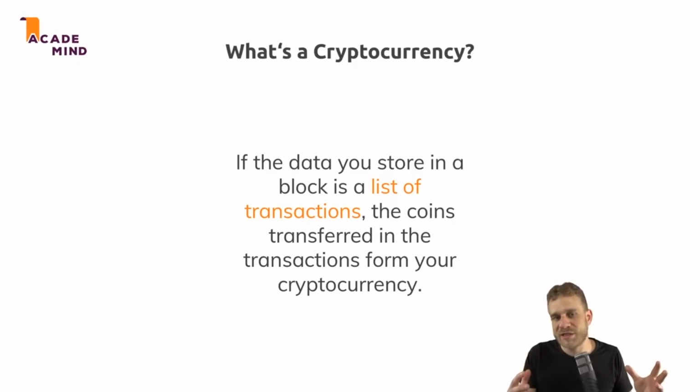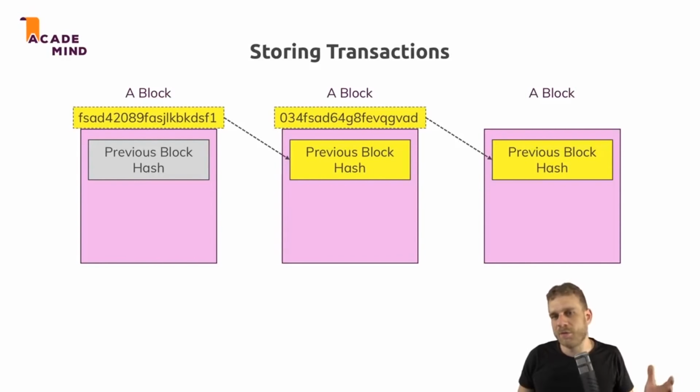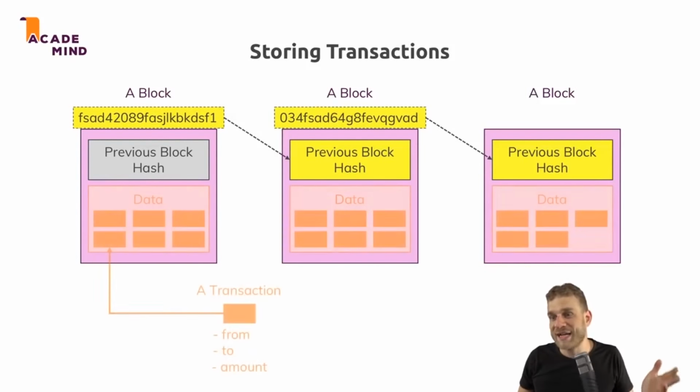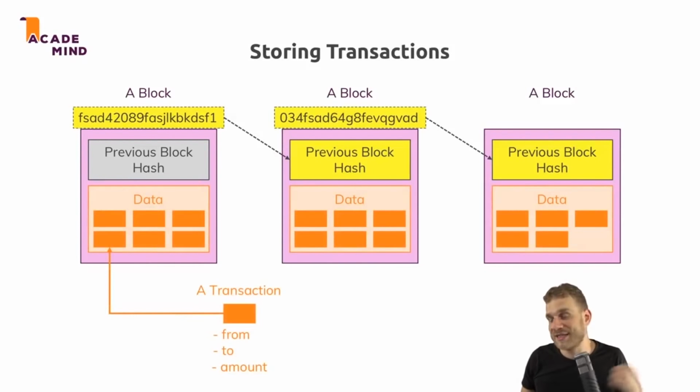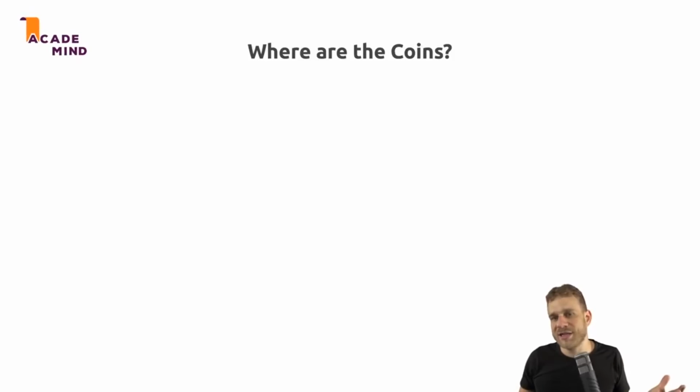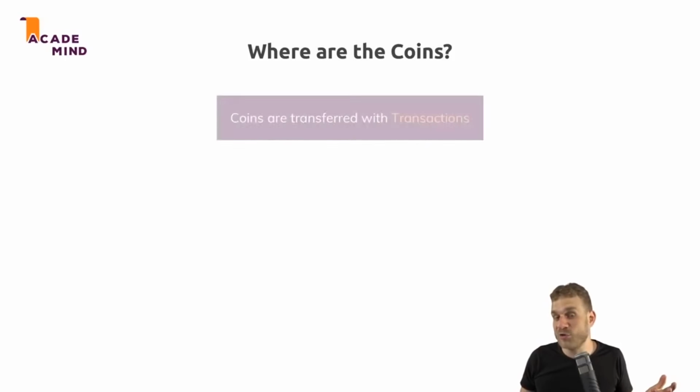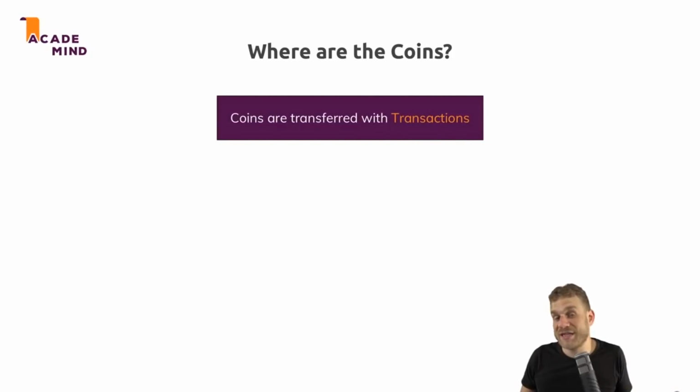You have your own cryptocurrency managed in your blockchain, which is distributed across many machines and which is therefore secured. And that is what's used by Bitcoin, Ethereum, Ripple, and all the cryptocurrencies you know. So back to the picture from before, our data now simply is that list of transactions. It's that simple. And what are the coins then? Well, the coins is just something you come up with. You can give the things you're transferring in the transactions whichever name you want. Coins are transferred with transactions, that's all. You have to, from, and how much. The how much, that is your coins, and you can name them whatever you want.